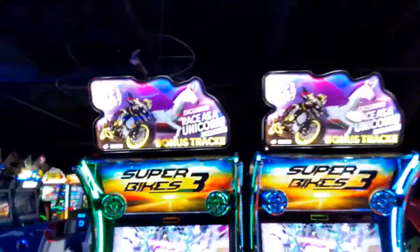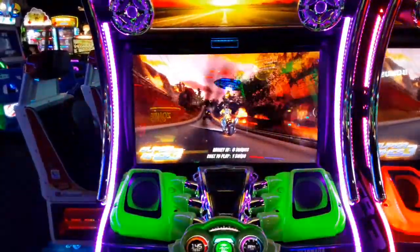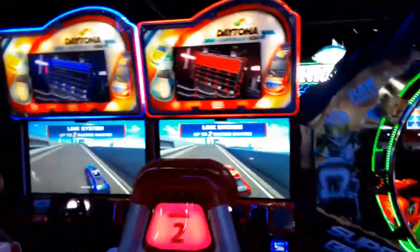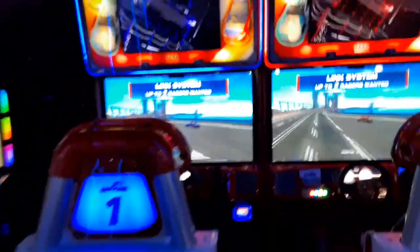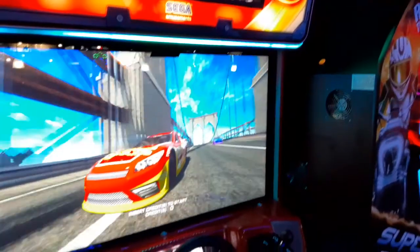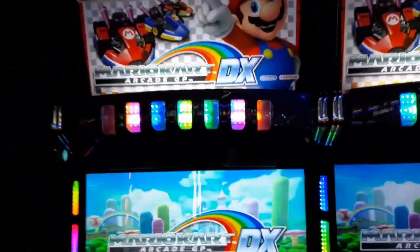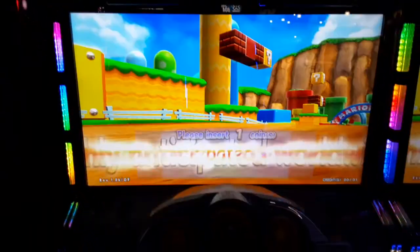Then we have Fast and the Furious Superbikes 3, but it looks like they may have dropped the Fast and the Furious license. Unless maybe I just missed that. Maybe it was just at the top of the marquee. Another Raw Thrills game, of course. Then we have that new Daytona USA game, which is basically a completely remade Daytona that works on the newer Sega PC-based hardware, I believe. And of course, Mario Kart Arcade GP DX, or Deluxe as they call it, which runs on